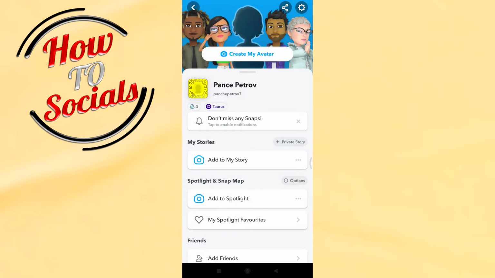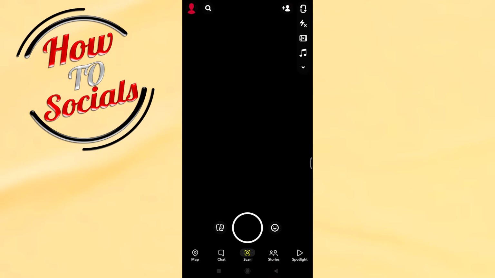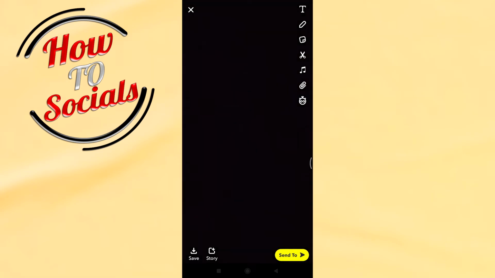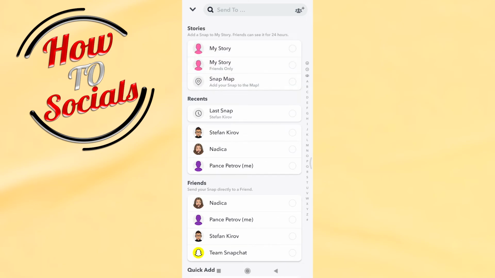As you can see, on the latest version of Snapchat, it's all about avatars, and all members, all users are using avatars, and this is why it doesn't have the option for changing profile picture, but we can make some addition about it. Now for example, we will make this picture on, and then you'll go on this one just like that, then go with send, go on last snap or my story, okay,